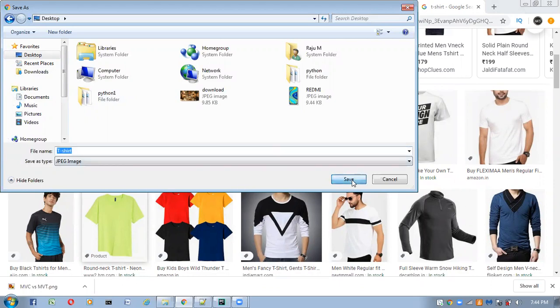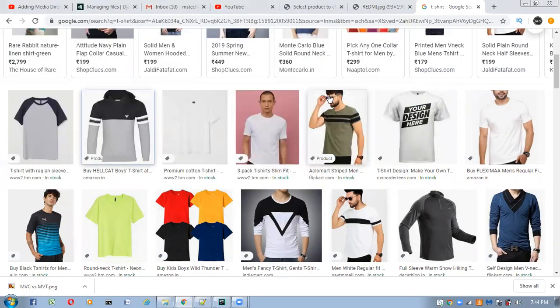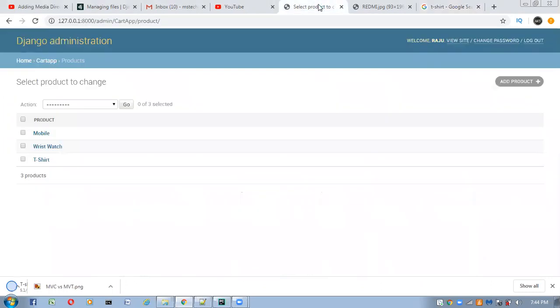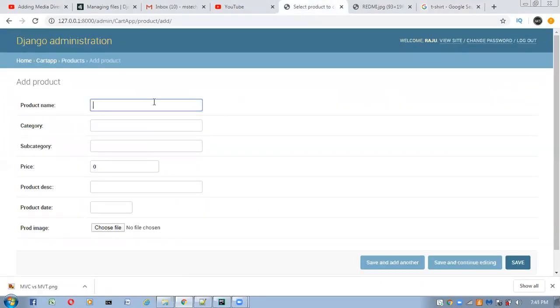Save this one. Now go to our admin panel. In this admin panel, I'm going to add the product. The product name I'm going to give is t-shirt, the category is clothes, subcategory menswear.